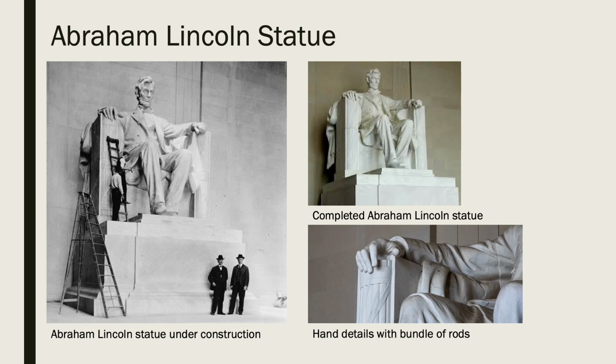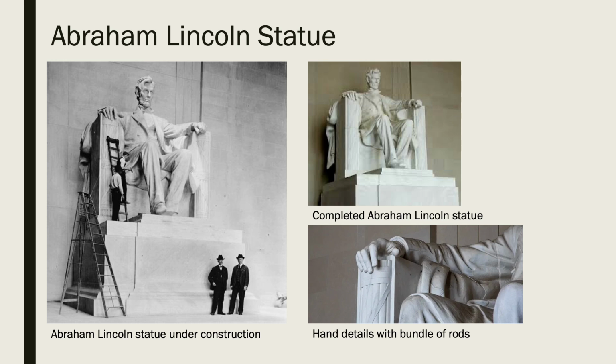As we look throughout the memorial, one of the most prominent features of the memorial is the statue of Abraham Lincoln. The statue sits in the center of the front of the memorial, and it truly encapsulates the grandness of President Lincoln. The statue, which is made from marble sourced from Georgia, sits at a whopping 19 feet tall and 19 feet wide. The sculptor, Daniel Chester French, used 28 individual pieces of marble and integrated them together to create